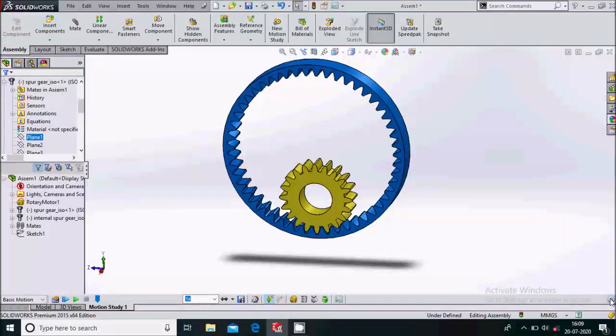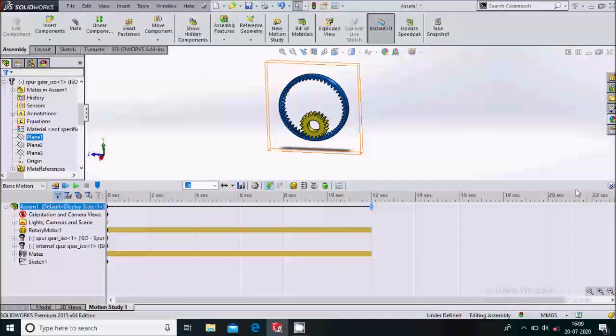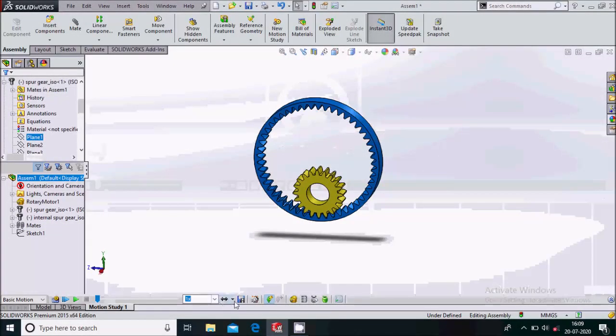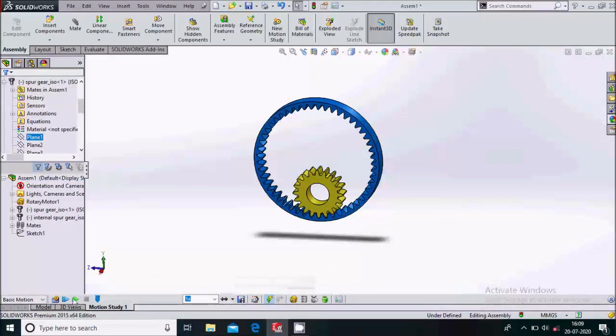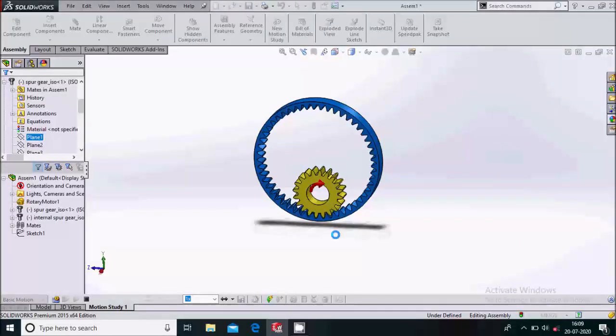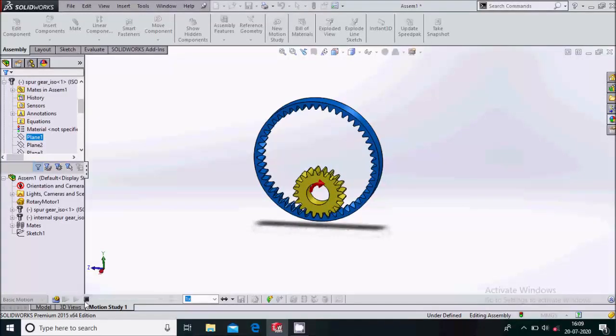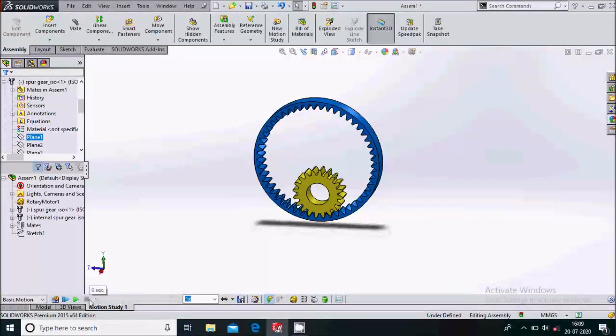Now we have to select the motor over here. Simply select the inner face, give the RPM here 3 RPM and say OK. Okay. Now we will increase the time over here. So simply increasing the time to 12. OK. And make sure that your playback mode reciprocate is selected. Now here we'll click on the calculate button. So it will start calculating. Now you can see the animation over here. So this is the internal gear mechanism. So simply stop it, play it back again.